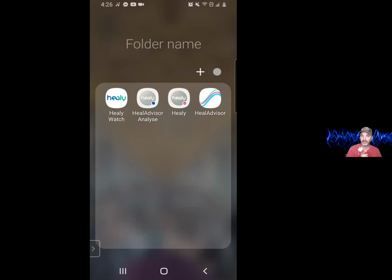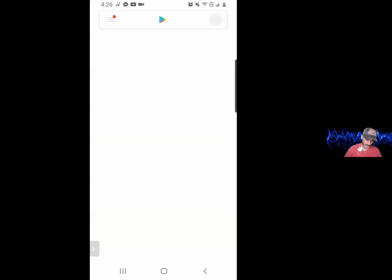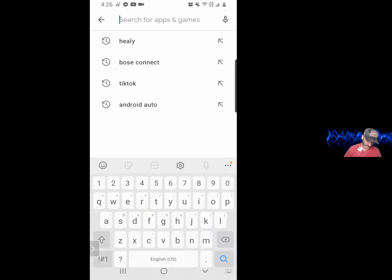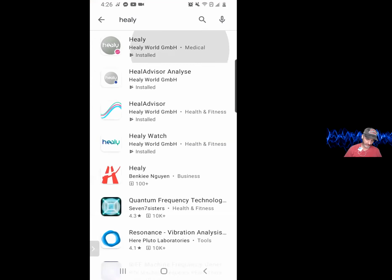The Blue Dot app, which is the Heal Advisor Analysis app, that's where you do scans and when you run programs vibrationally. So we're not going to really talk about the Heal Advisor Analysis app because there's currently no major changes on that, even though it's been updating regularly. So if, for example, I go to my Play Store and I type in Healy, when I see this, if I look at the Pink Dot app,